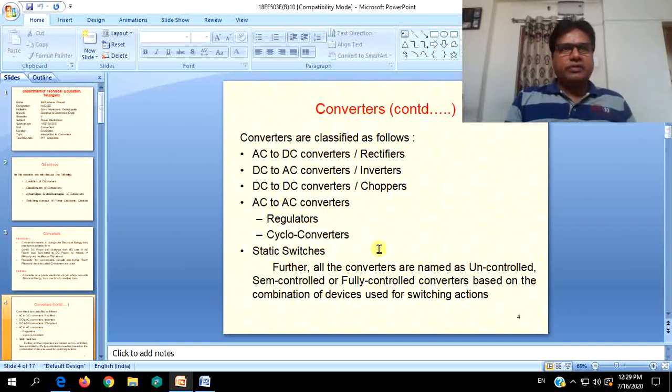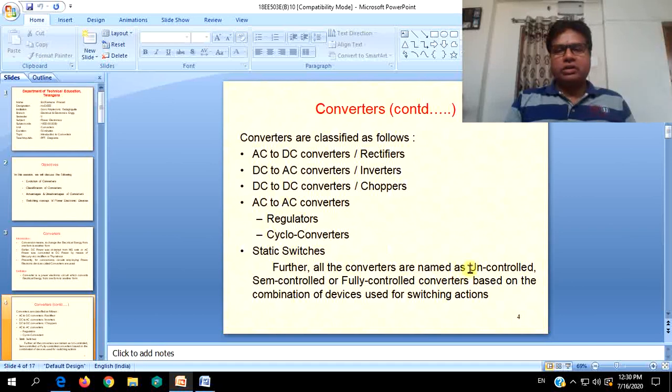The turn on of a diode cannot be controlled. It will simply conduct when forward breakover voltage is reached, and it will turn off on its own when the voltage decreases. In the reverse also the same thing occurs. But in case of SCR, you can change the breakover voltage at which SCR turns on by applying a gate pulse. That is why it is called a controlled rectifier. So that is the control action.